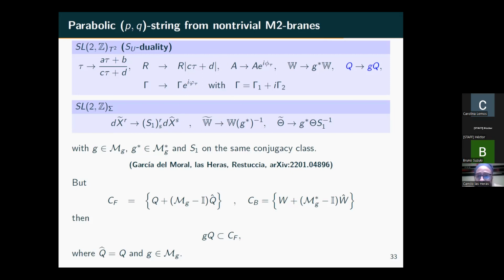What I want to stress here is that the Kaluza-Klein charges transform in an orbit of charges generated by the monodromy, okay? Because G is an element of the monodromy subgroup. Therefore, the global theory is classified by the coinvariants, but the local theory is only well-defined not in the coinvariant, but in an orbit of charges generated by the monodromy, which is contained in the coinvariant